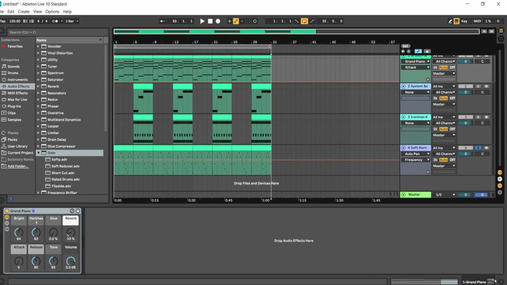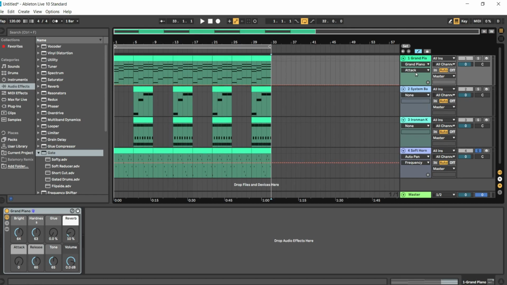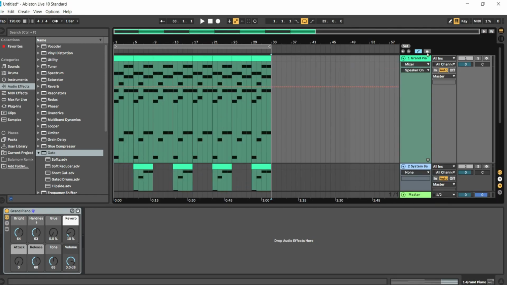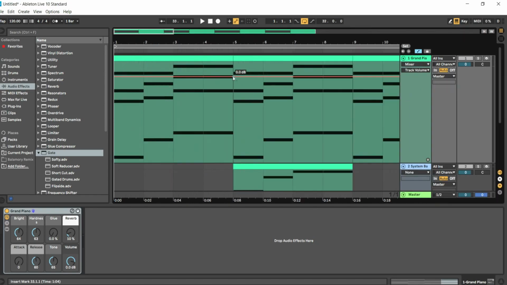It's worth explaining automation. So this might look different in your DAW, but in Ableton, if you click on this little icon here, the two dots with the line between them, it shows you these little red lines. So you can choose a parameter. Let's say with our grand piano, let's choose the mixer. Let's go to track volume. You can click and break up the line here, and then basically automate different effects like the volume of the